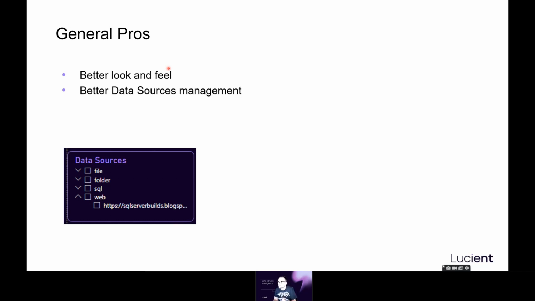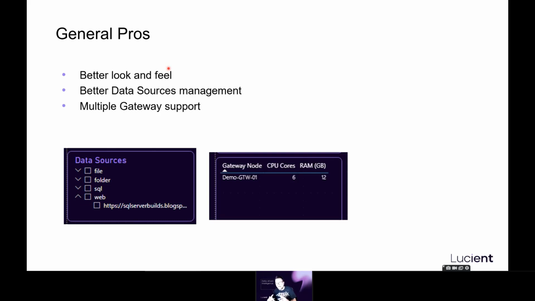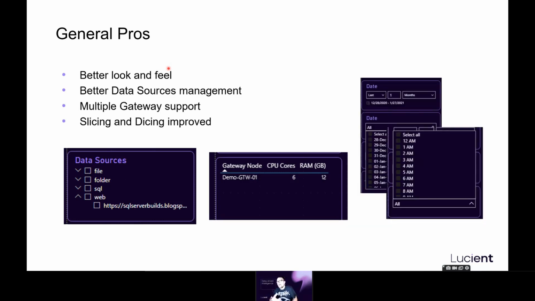For example, how many queries I've sent to SQL Server, or a specific SQL Server instance, or a specific storage account. I can also leverage this approach by putting multiple gateways' logging inside the same folder, and in this way you can filter from one gateway to another to have just one centralized monitoring solution. And obviously, as I told you, if you leverage a date calendar table, adding many more columns,